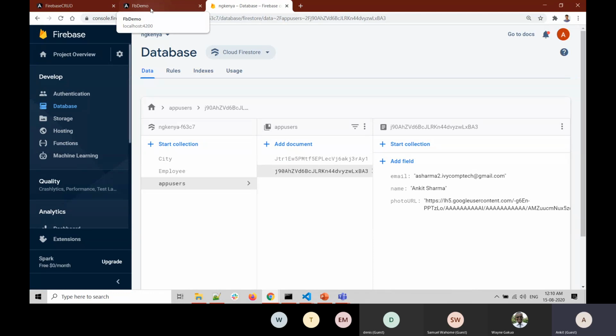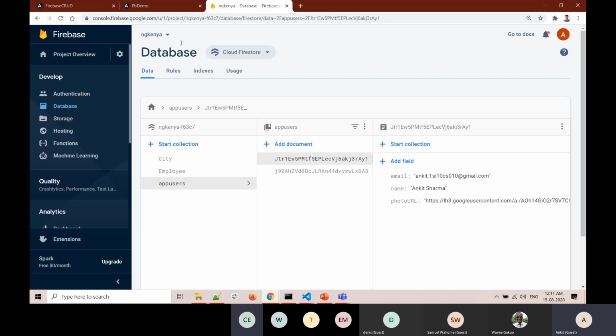So now you have understood that in case of app users also, the collection was not set earlier, and as soon as the first user logs in, the add method is kicked in, and it will add a new collection with the first set of data. And for the next time, it will directly add the data to the already existing collection.